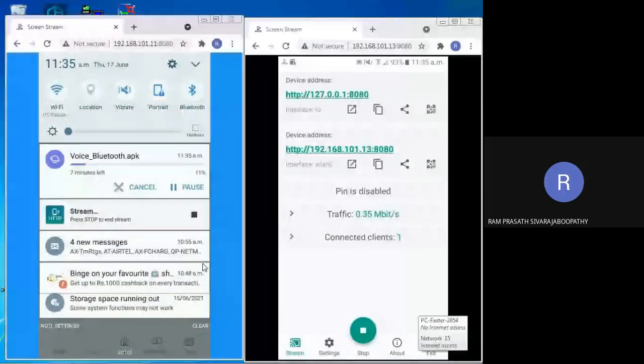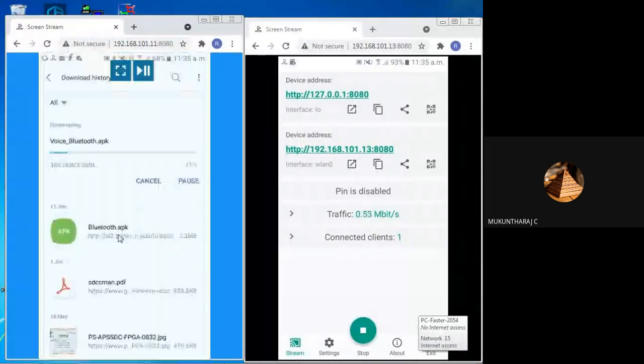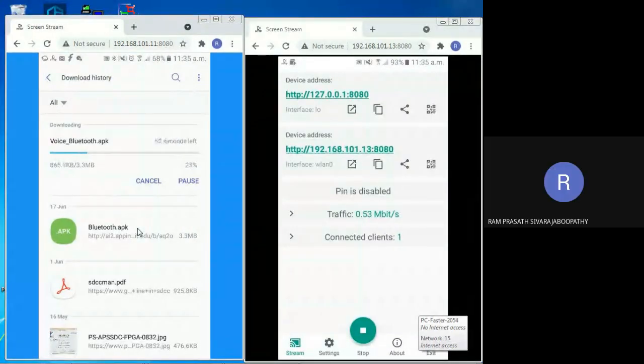I think this app takes more space. It is getting downloaded. Wait a moment. It is getting downloaded.